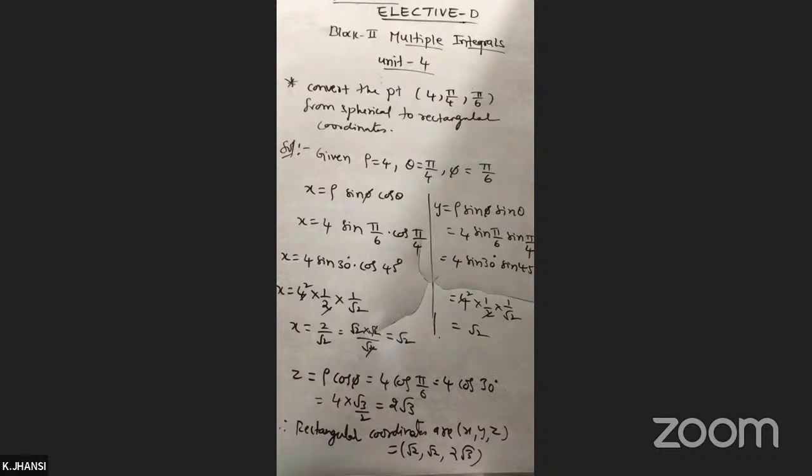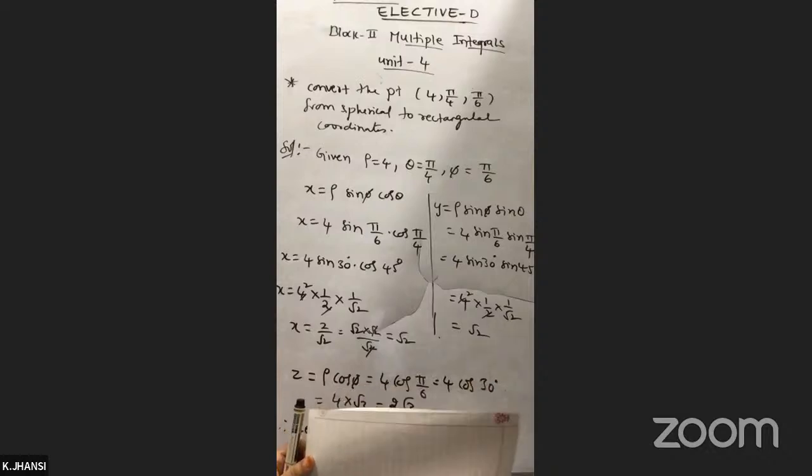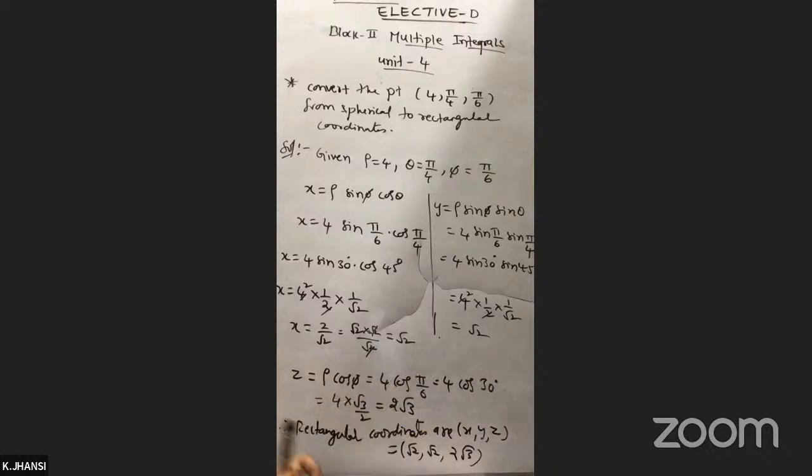Next, another coordinate system is the cylindrical polar coordinates. For each and every polar coordinate system, there is a representation with the help of a diagram. Cylindrical polar coordinates means